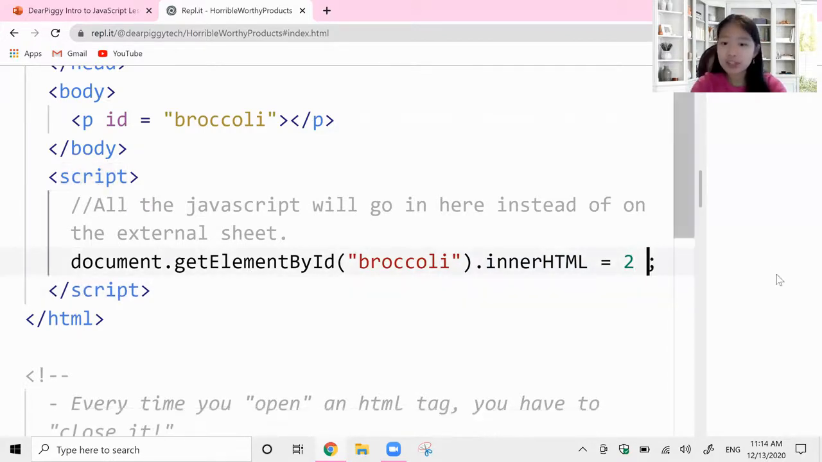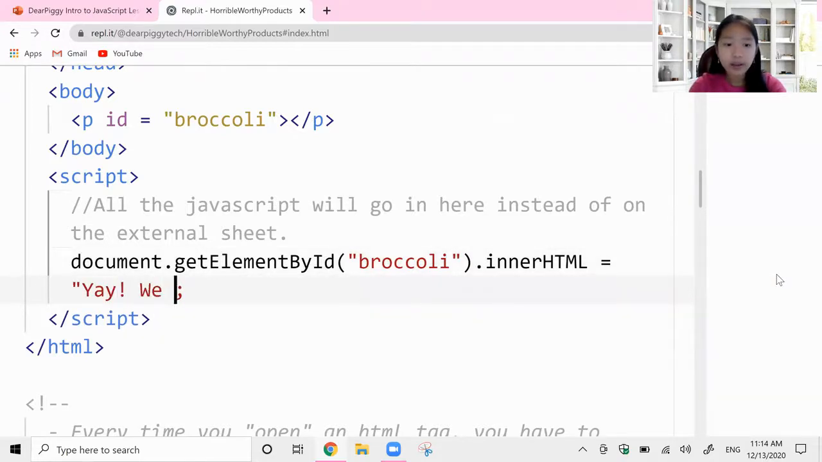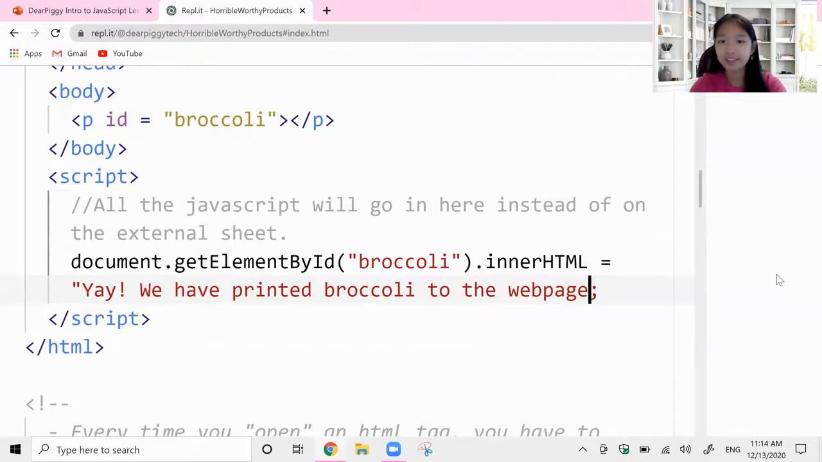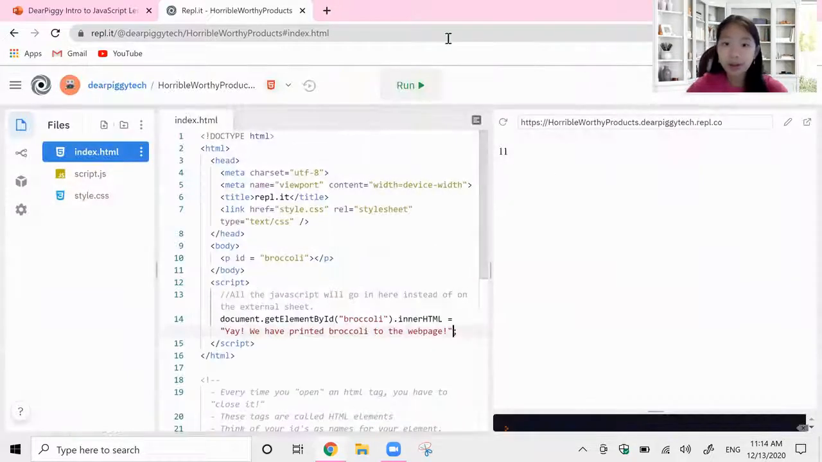We wanted to switch this up a bit. We can say, yay, we have successfully printed broccoli to the console, to the web page. There we go. So now, when we run our code, we see that we get, yay, we have printed broccoli